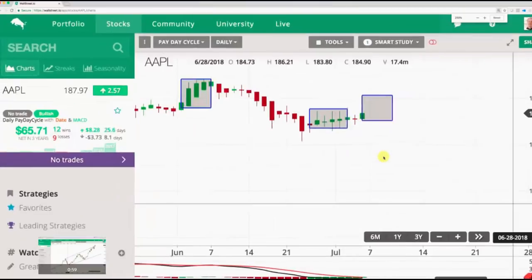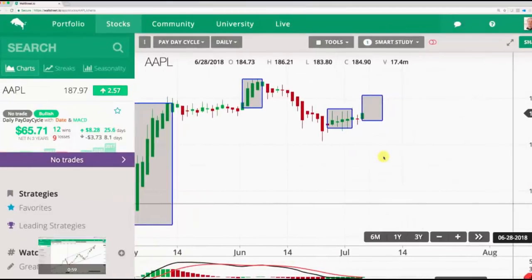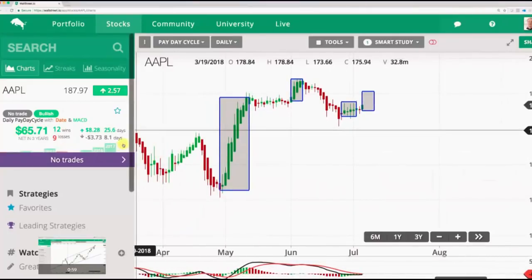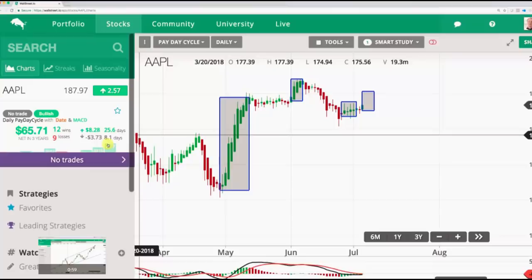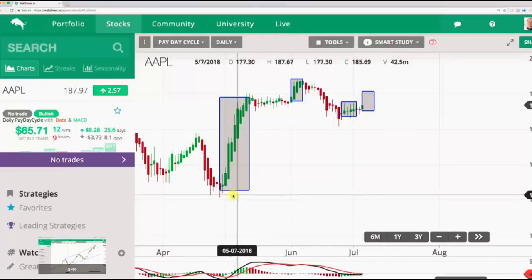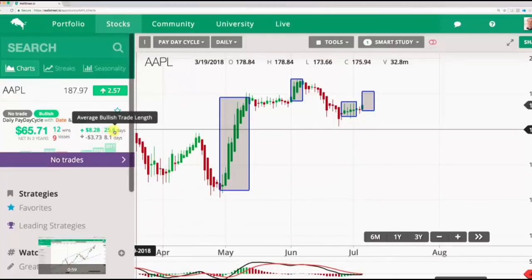When we look at just the basic numbers of the MACD by itself, you can see the test results over here from our backtest. Great batting average, 12 wins, 9 losses, very profitable over the last few years. The average win is over $8 and the average loss is under $4, so we have a good risk reward there. Again, these trades tend to last about a month. So if the MACD crosses to the bulls over the next week, it'll likely stay crossed for about a month